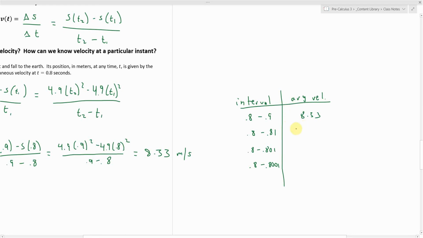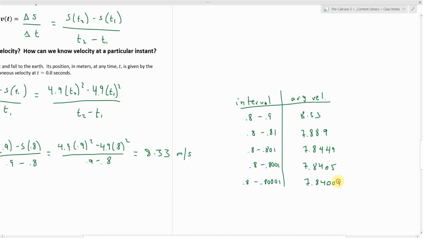Over this 1/10 of a second interval, we'll see that the average velocity is 7.889. In the 1/10 of a second immediately following the instant that we're concerned with, they were traveling at 7.889 meters per second on average. If we shrink that interval down to a 1,000th of a second, they were traveling on average at 7.8449 meters per second. If we shrink it down to a 10,000th, we'll see they were traveling at 7.8405 meters per second. If we go just one more interval shorter, 1/100,000th of a second, we'll see that the average velocity was